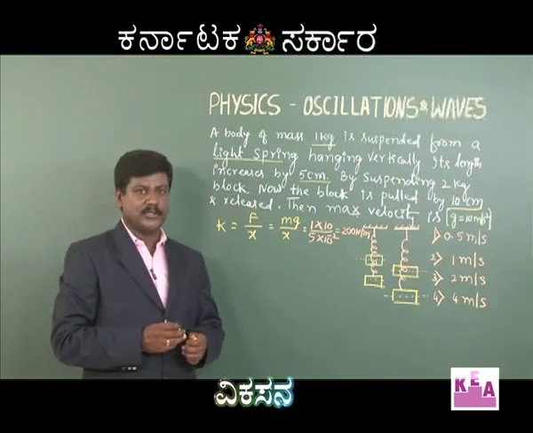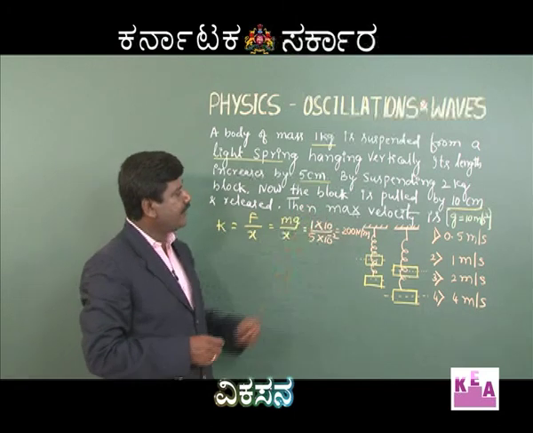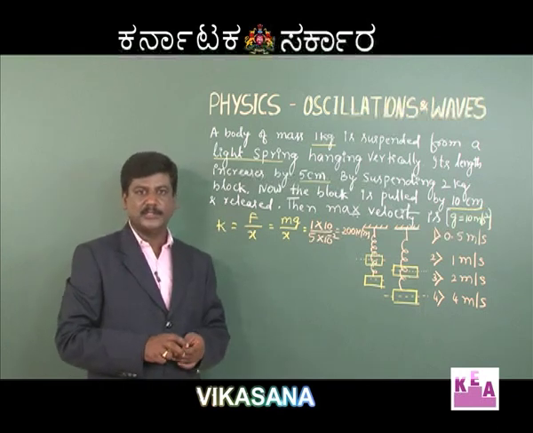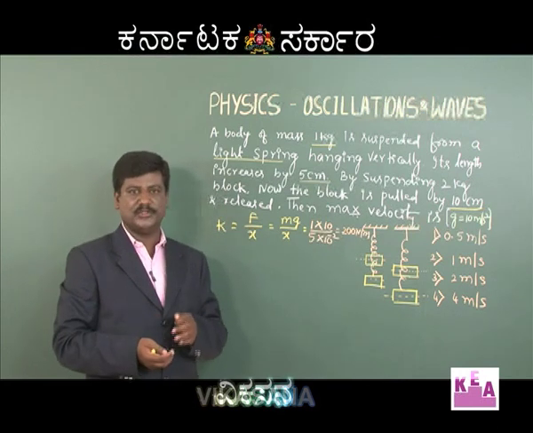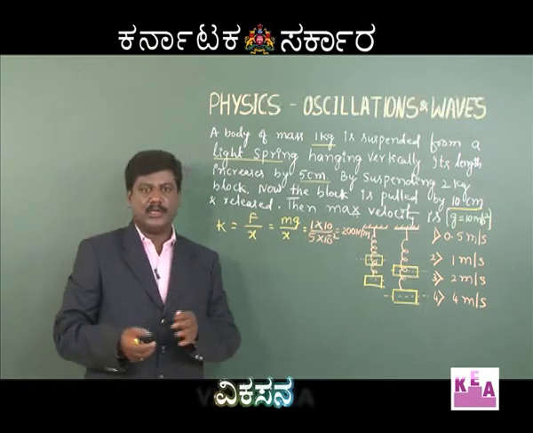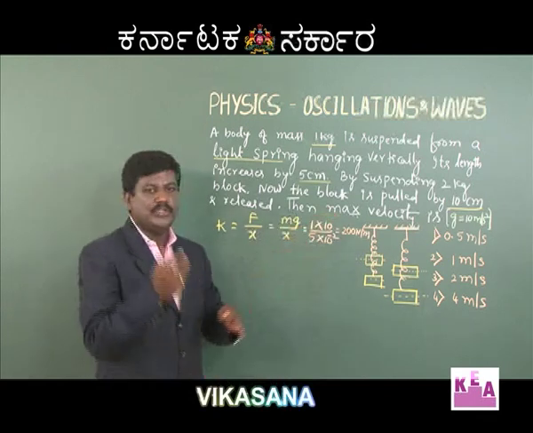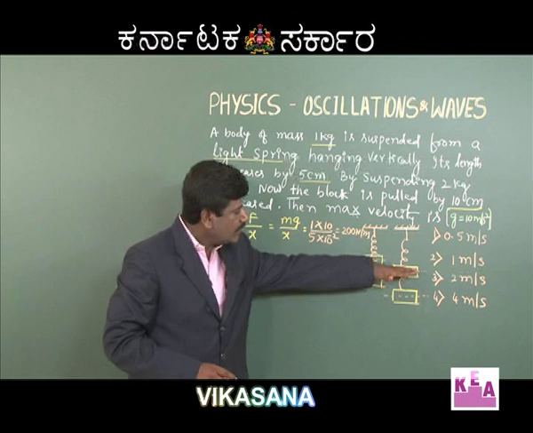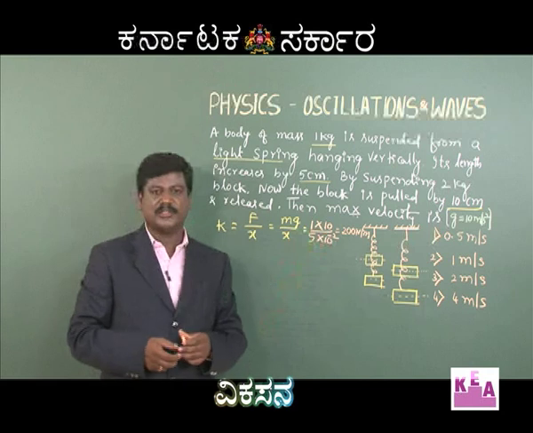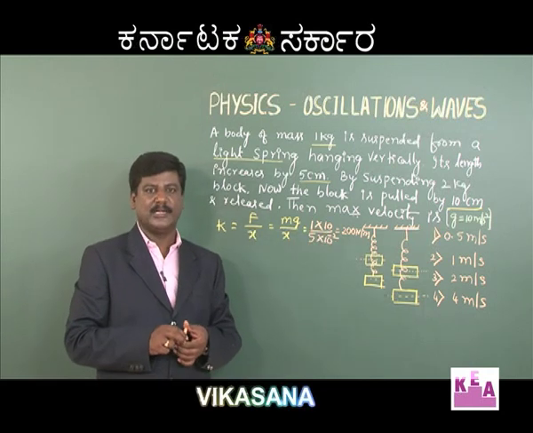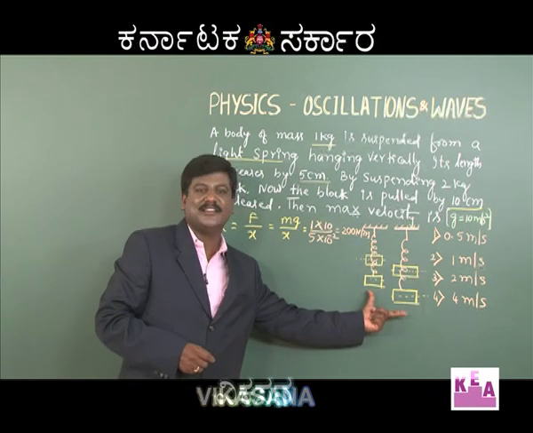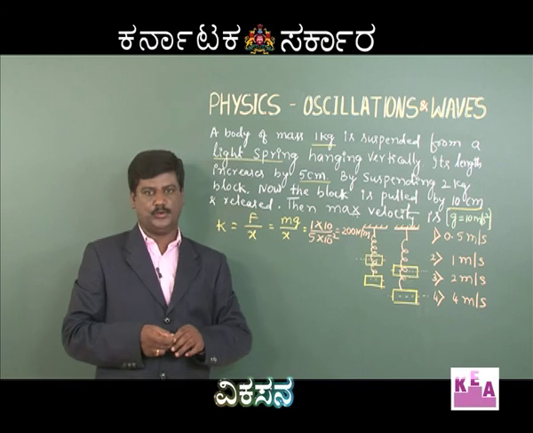So, next part, what have they given in the problem? By suspending a mass of 2 kg. That means in this problem we have increased the mass. So what happens when the mass of the body is increased? Once again, the spring expands. So after putting the 2 kg load, the body is pulled down by 10 centimeter. So if we say we have pulled the body by 10 centimeter, that 10 centimeter is the value of amplitude. By pulling the block by 10 centimeter and releasing it, the body executes simple harmonic motion.